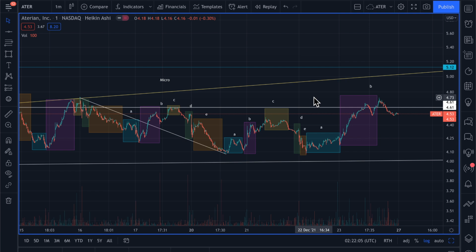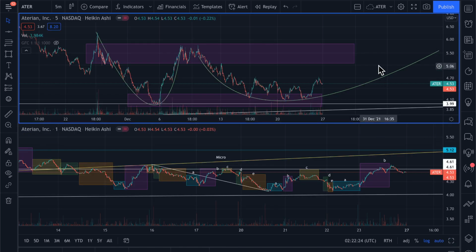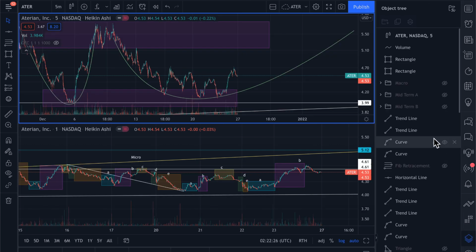I'm not going to go into high detail of each of these sections just yet. I just wanted to illustrate why I think each section is the way that it is, just to show you what they look like. And we'll talk about more of the why later as we go into this a little bit more. But I'm going to go ahead and now look at a couple of different ones. So let's look at